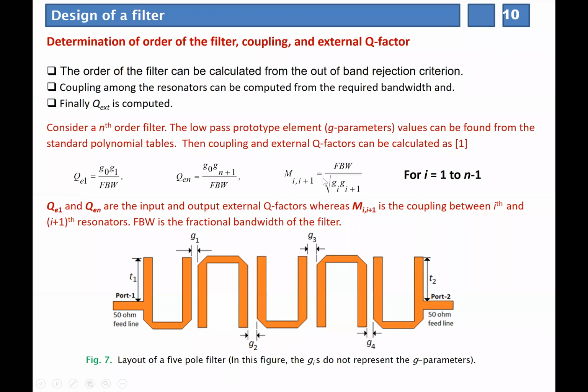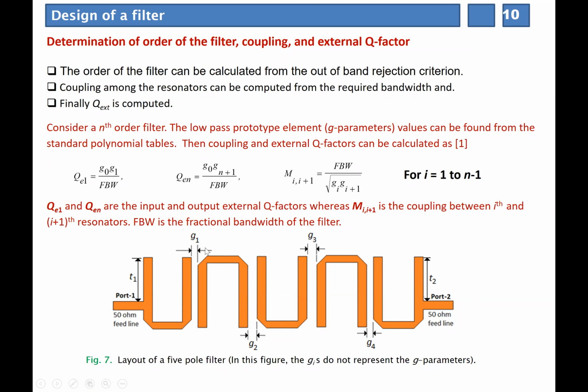And sir, the gap, yeah. If G is the same, like the gaps between the resonators are the same, then are the formulas different now? Yeah, those gaps will be different, and that we have to find out. So if we change G, that M value will be changed. That means coupling will be changed. Now we will have proper M values, Mi,i+1. That means for the first two resonators, coupling is M12, second is M23, M34, M45. For this 5-pole filter, we will have these 4 coupling values.